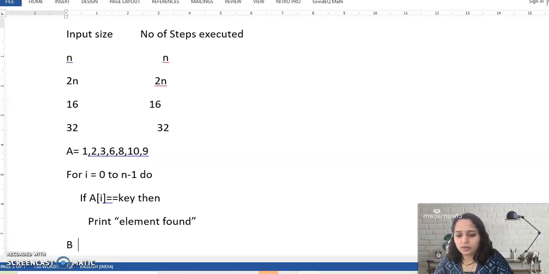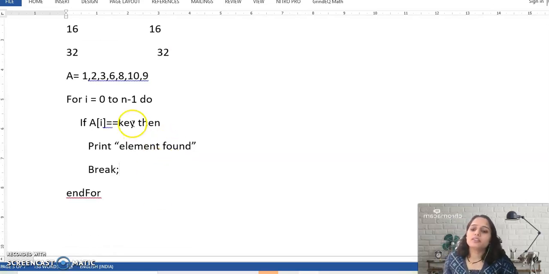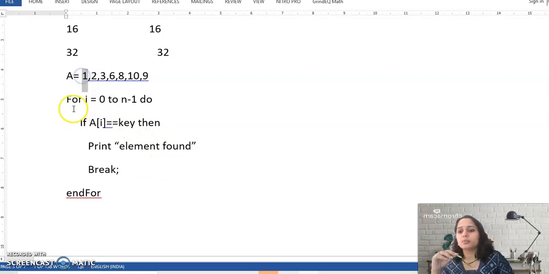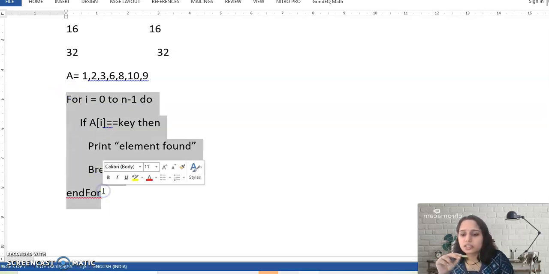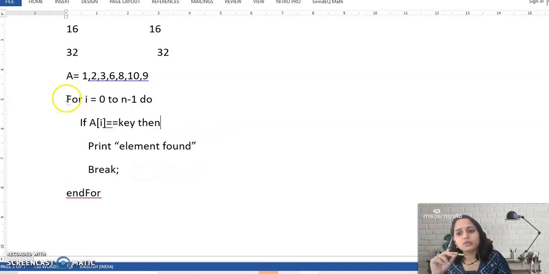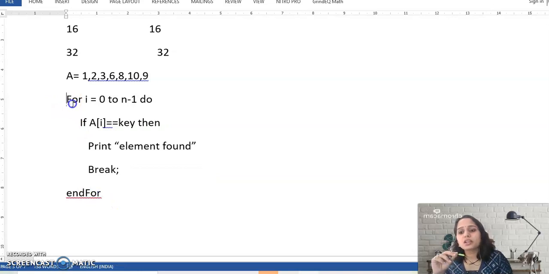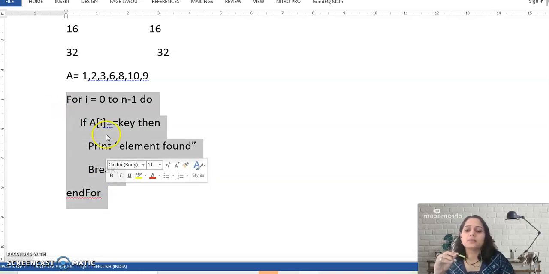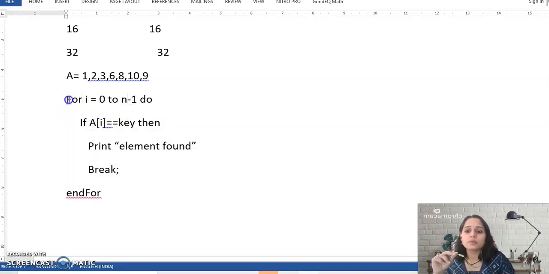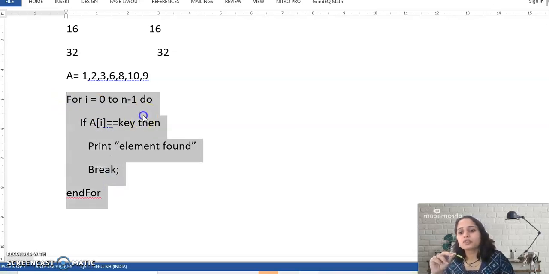Now remember, whenever we are doing this analysis, we have to consider the worst scenario. You might be thinking, okay ma'am, what will happen if the element is present at the first position, then this loop may execute only one time. Yes, that is true, but whenever we are analyzing a programming concept, we always consider the worst scenario, even in finding the time complexity using the step count method. It means the maximum number of times this condition will be true, or how many times this for loop will execute. So what is the worst situation? If the element is situated at the last position.